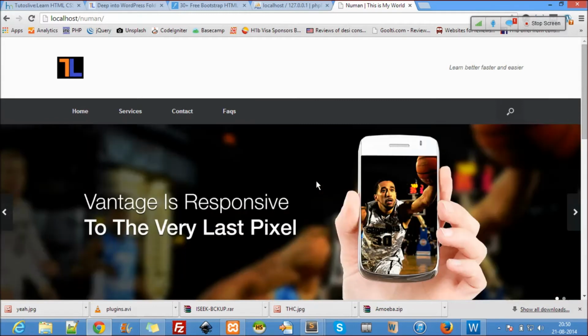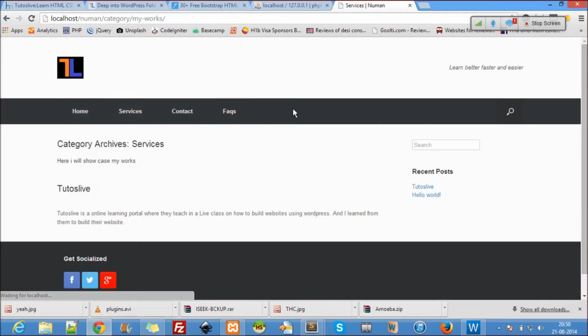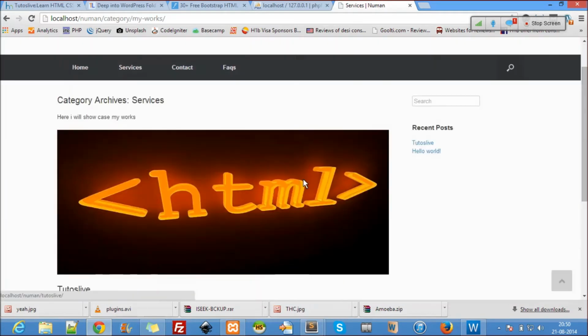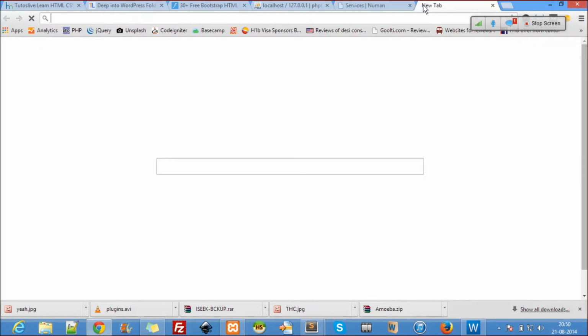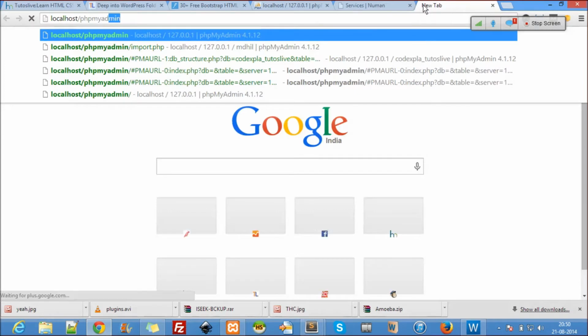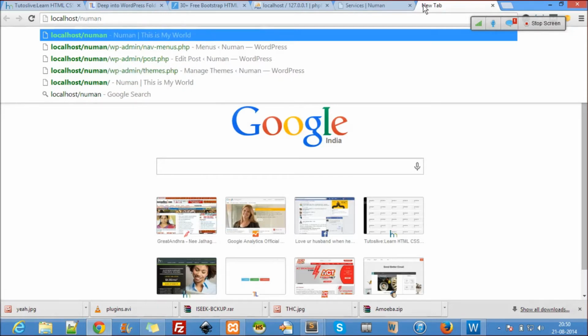This is what I want to discuss. We discussed in the 4 o'clock class how to put the logo here, and how when I click on services, my works, services come here, and we can make posts and do a lot of stuff. And as I told you, WordPress is a CMS. So how can I access the content management system? The front end is not the content management system; the back end is the content management system in WordPress.